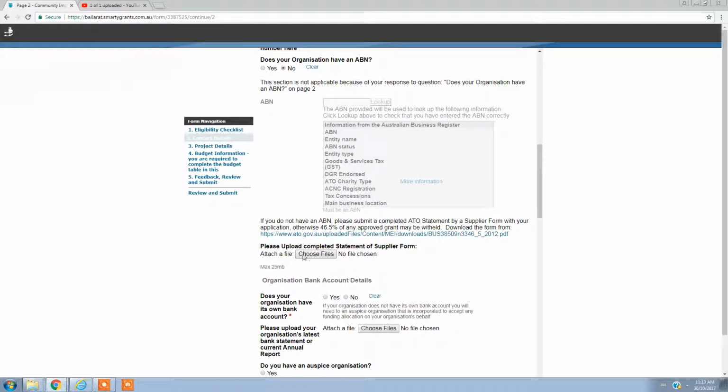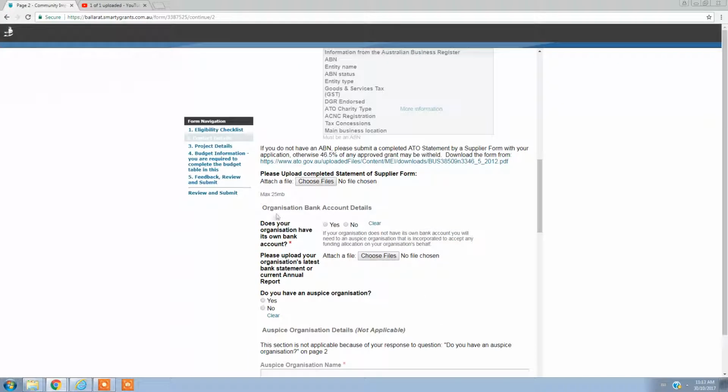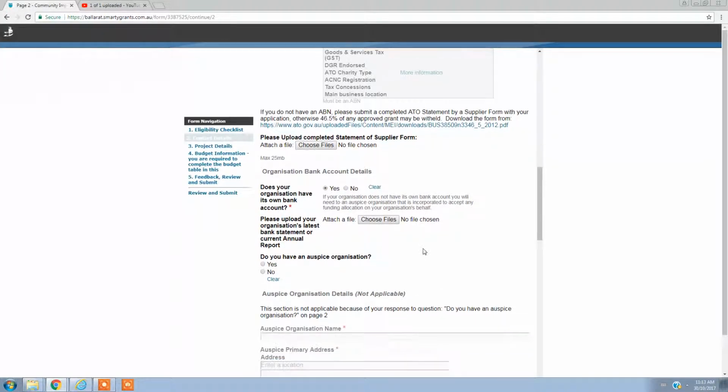So if I didn't have an ABN and I didn't have an incorporated number, I would complete a statement of supplier form here, which you can download from here, and then you fill it out, scan it or take a photograph of it, and then upload it here. So you just find the form itself there, you would open it and it would upload. But we're not going to do that because we don't need to. Does your organisation have its own bank account? We're going to say yes to this one, and we need to upload the organisation